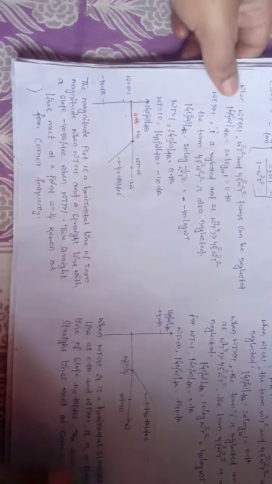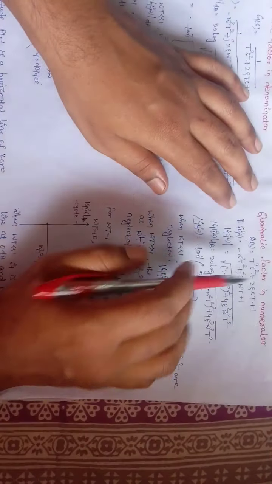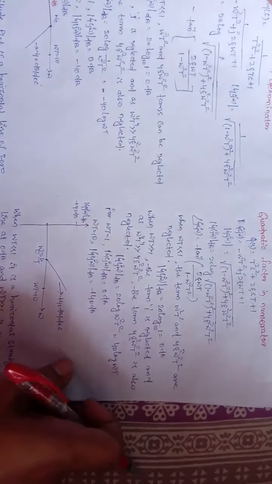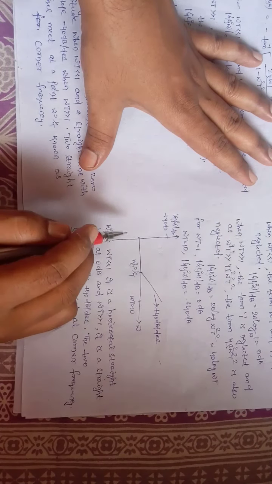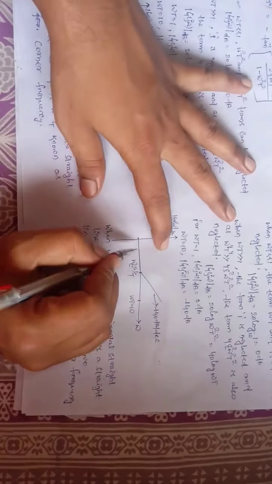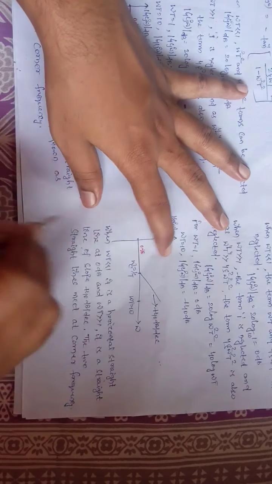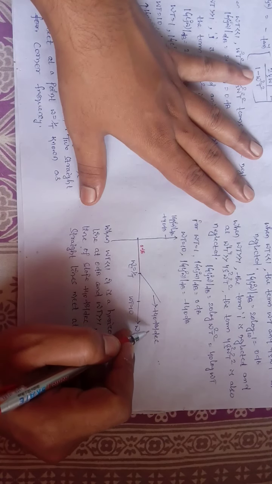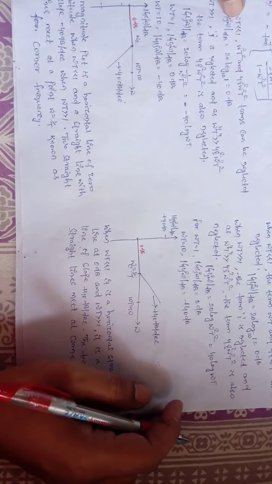Then the next one is a quadratic factor in the numerator. If there is a quadratic factor in the numerator of the transfer function, its Bode magnitude plot is similarly a combination of two straight lines. Up to the corner frequency the straight line is on the 0 dB line, and after the corner frequency, since it is in the numerator, it has a slope of plus 40 dB per decade.